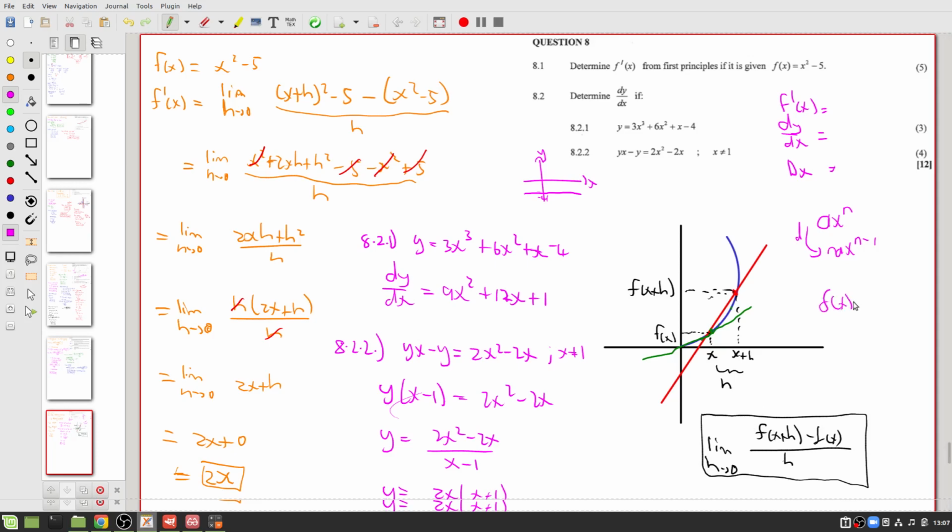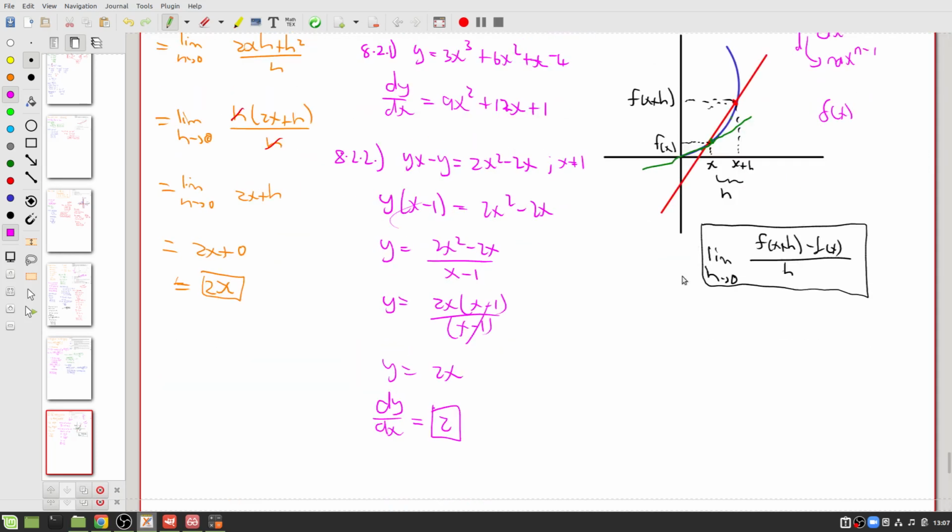Again, if we have f(x), let's write that down at the bottom here. If we start with some function in this form, then if we differentiate that function, we just put n multiplied in front, so n times a, x to the power n minus 1. So whenever you have any questions in differentiation, you want to rewrite the initial equation so you have something like this: something times x to the power something else. And if all the terms look like this, you can just differentiate all the terms